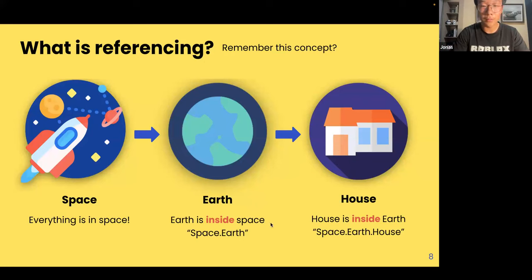So now you want to tell the alien everything. First I'm in space, and when I'm in space, I'll tell the alien that I'm on Earth, which is inside the space. So now the alien knows, okay, you're on Earth, which is in space. And now you can tell the alien that I'm in the house that is on Earth. So now the alien knows that, first of all, you're in space. And